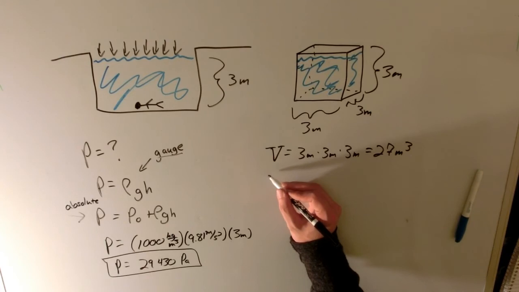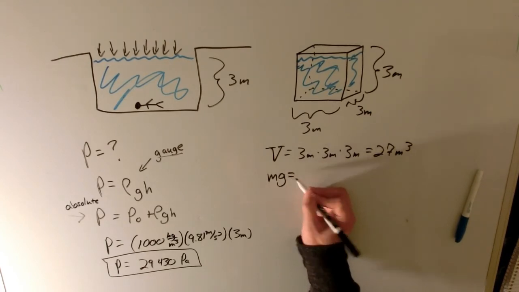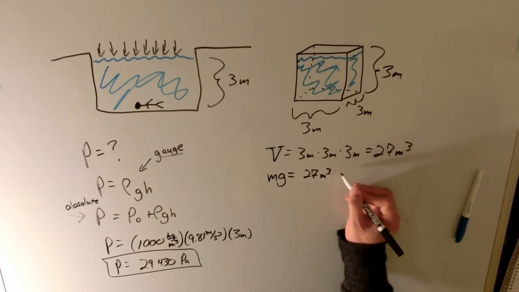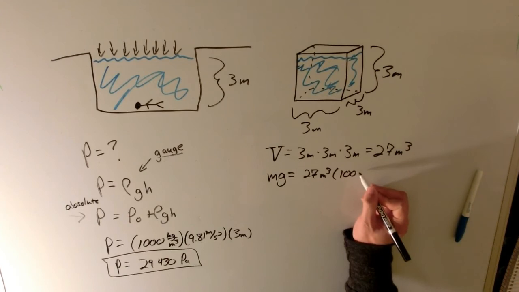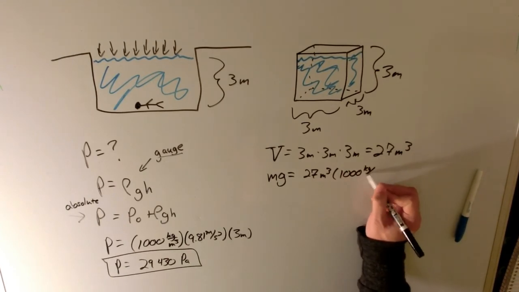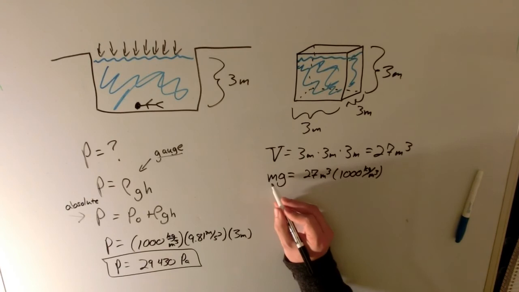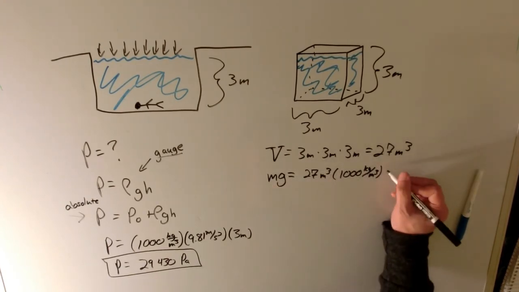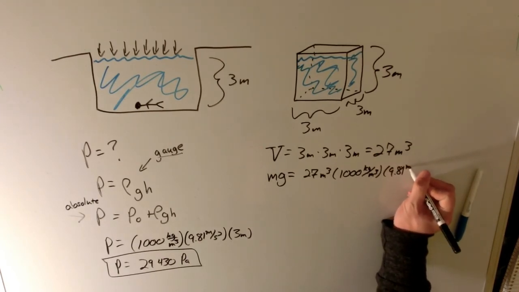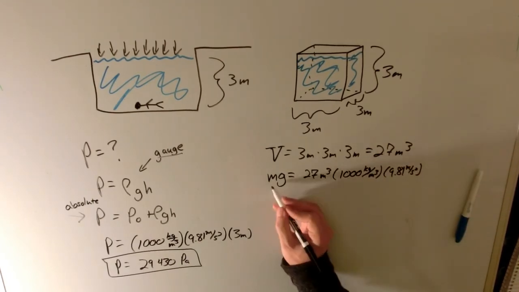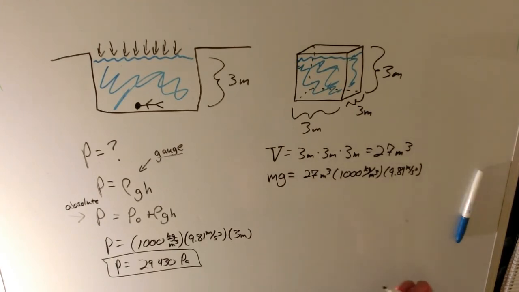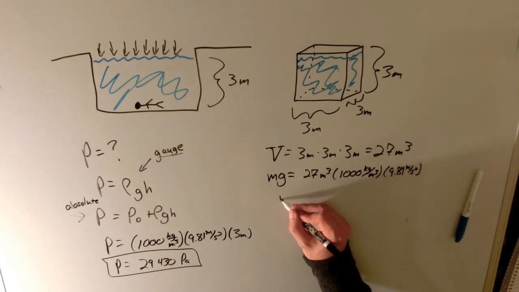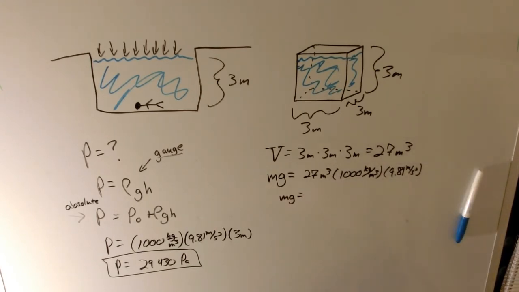If we want to find the weight of water that we have there, how heavy it is, we're going to take 27 cubic meters times the density, which is 1,000 kilograms per cubic meter. That's our volume times our density, which gives us our mass, times the acceleration due to gravity. And this gives us effectively mg of the water, so we know the actual weight of that large mass of water. We end up with that mg of the water comes up to,